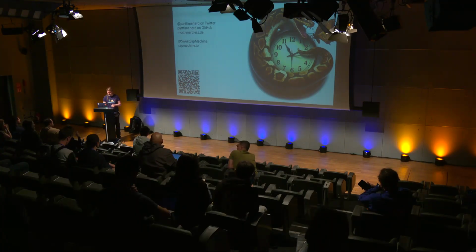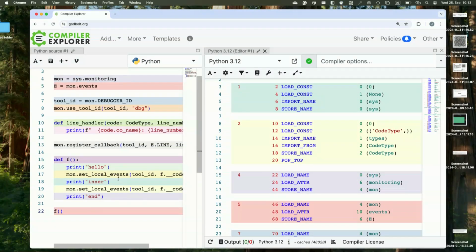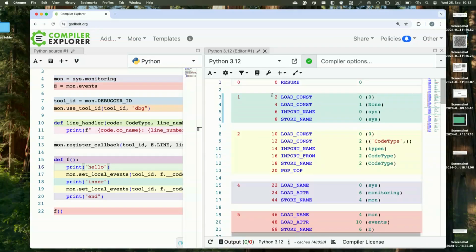So if we take here the bytecode for our function, here it's print hello, as we've seen before, what it does is it knows, okay, here's the line that starts, and I looked up in CPython internally, it modifies this line and replaces the load const with a bytecode instruction that says, oh, by the way, call a handler for this line, like for the debugger, and then afterwards use the load const bytecode.